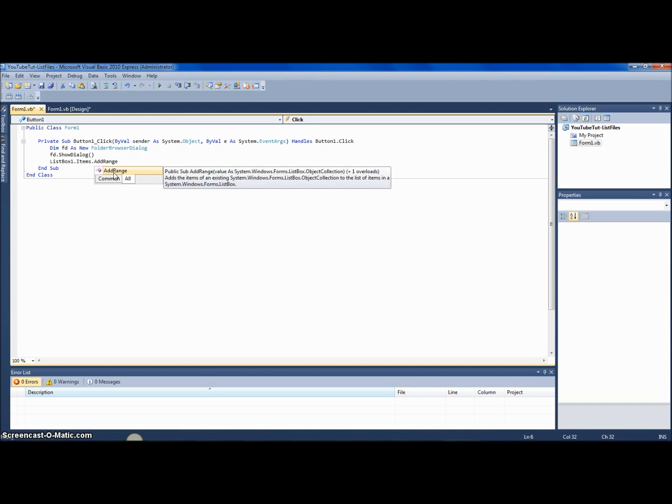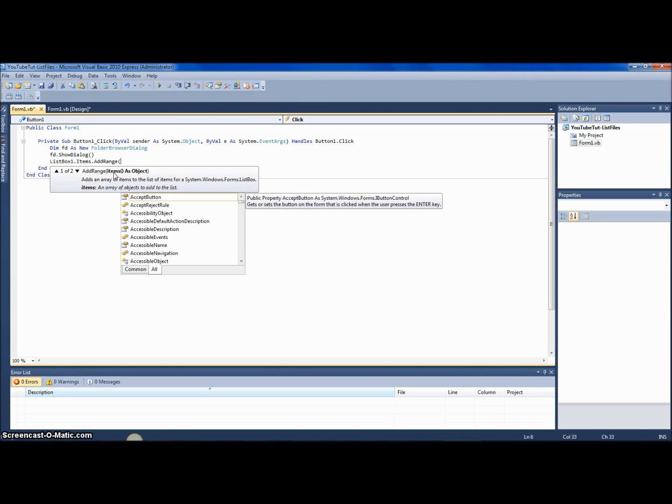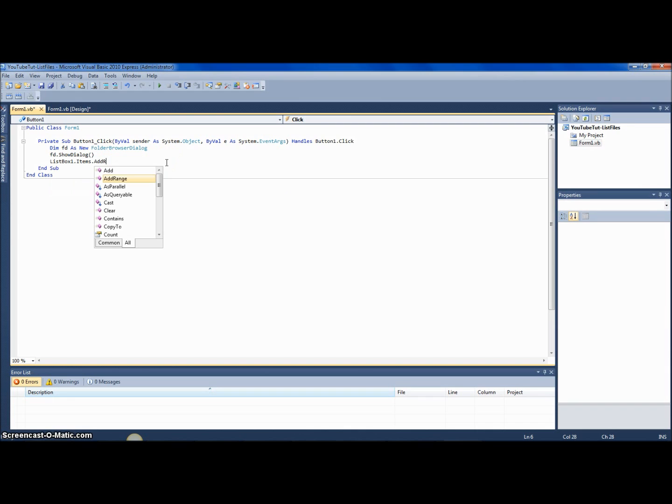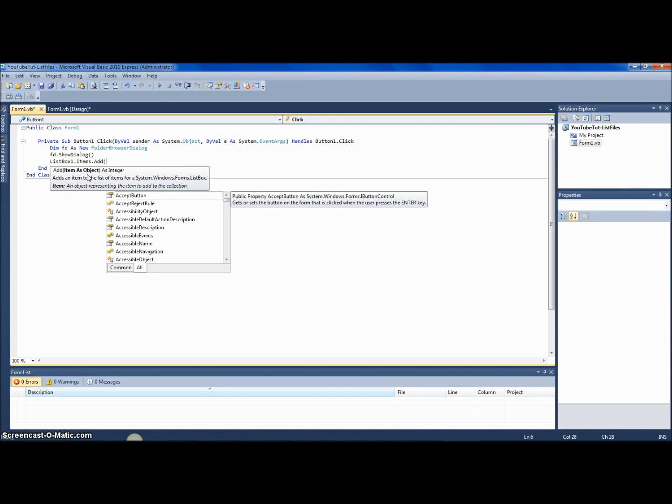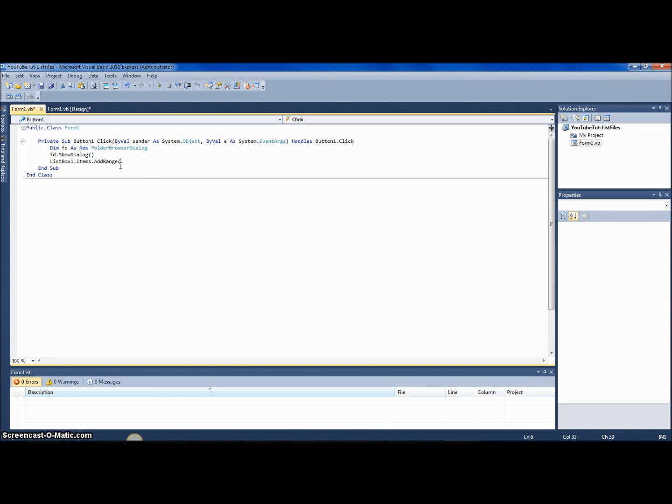Items.AddRange. Now if you just use Add, it'll fail because it's converting an array, which is basically a list of files, into a string. What Add does is add one item. AddRange adds an array or a list, a bunch of items. If you just do Add, you see here, it'll say item as object, which you could actually make a string, but it's basically the text. So let's just use AddRange, and